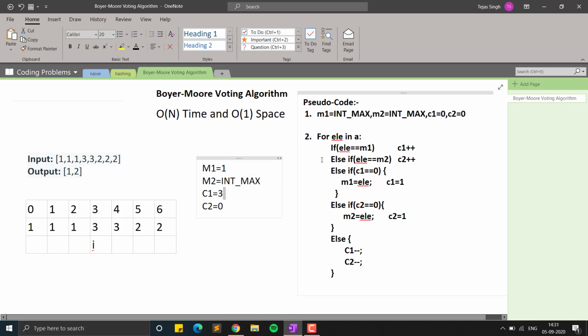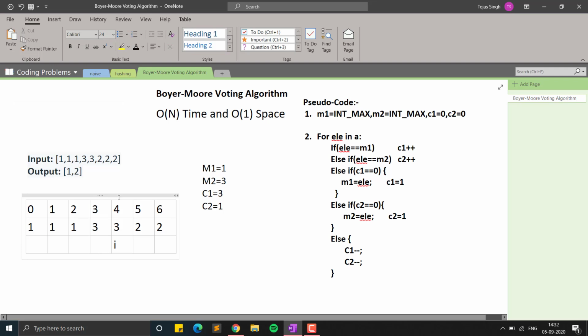So that means we may be getting our next majority element that we have to find, the next nominee. So then we will check else if c of 2 is equal to 0. So yes, it is equal to 0. So now we will nominate the next majority element that we are searching for. That is 3. So we will set the value of m2 to 3, the next nomination, and then we will set the counter to 1 because it has occurred one time. So now no further conditions will be checked.